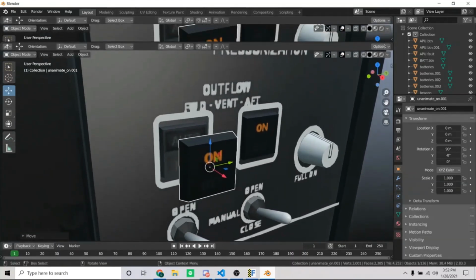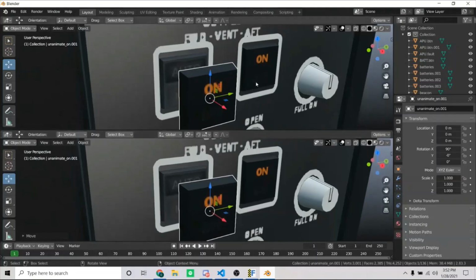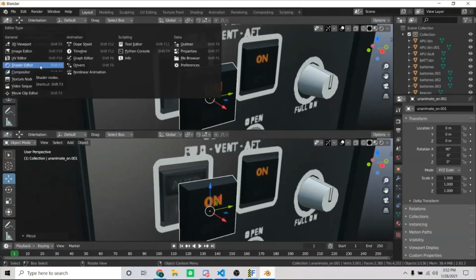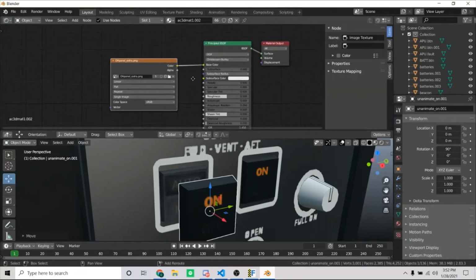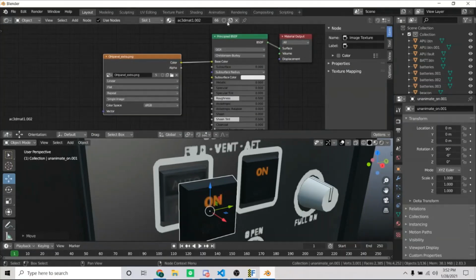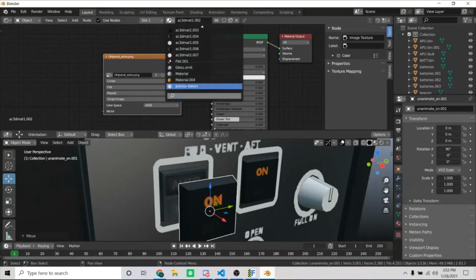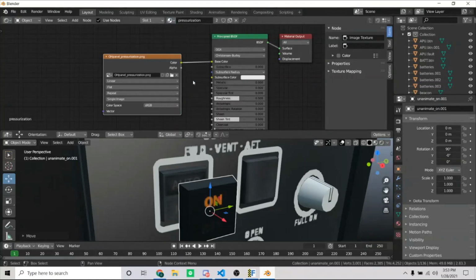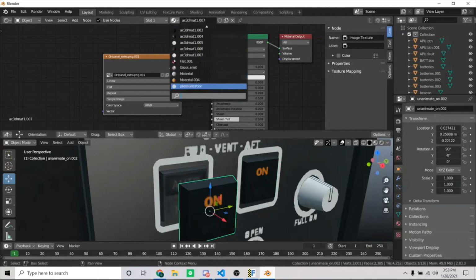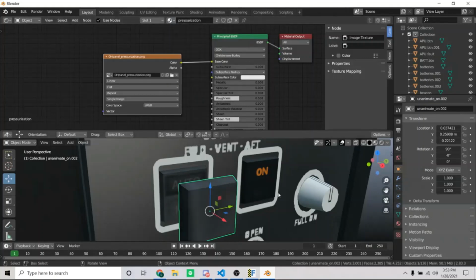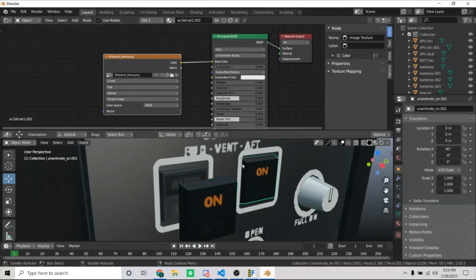So let's go back to opening another screen here, and go to shader editor. And just like before, we're not making a new material, but we're just selecting the material we just made, pressurization, and I have the wrong button selected. This button. Make sure you have this button selected. Go over here and select the material you just made. Otherwise, what I just did there, I just had this one selected, which is what you don't want, because I'm doing this button right now. So make sure you have this